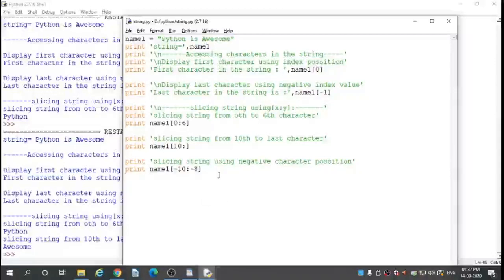So here minus means negative character position. It starts from the last character, meaning reverse order. Here E is minus 1, M is minus 2, O is minus 3, S is minus 4, E is minus 5, W is minus 6, A is minus 7, and here space is minus 8.